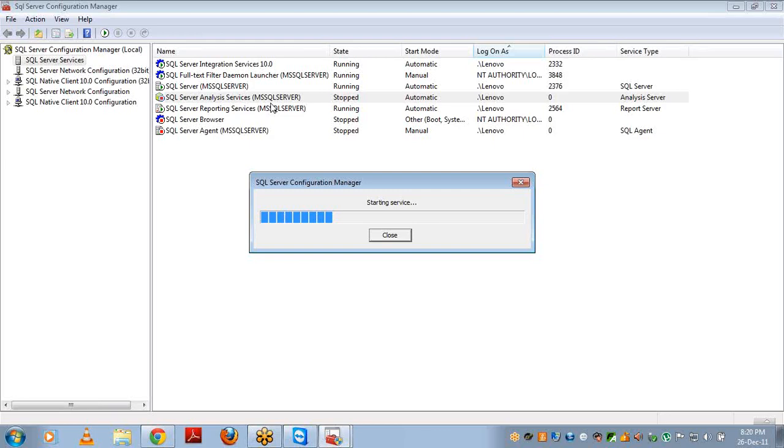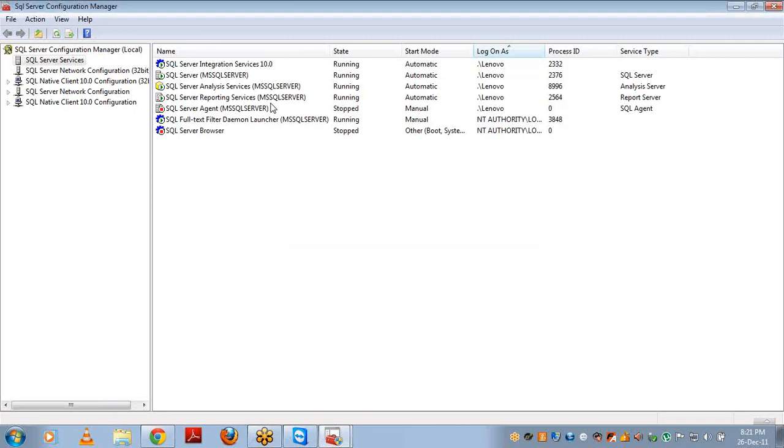Okay. And whenever you design the SSAS project and whenever you try to deploy it, if it says check whether the server is running or not, then you have to come here and see whether it is running or not. If it is not running, just start the service and then deploy the project again, then it will get deployed. Okay. And most of the people will set it to manual. Why? Because the system booting will take a lot of time. Whenever you log in for the first time, it will take a lot of time. Why? Because it has to start all the services before